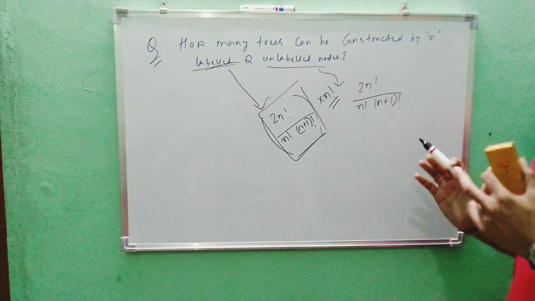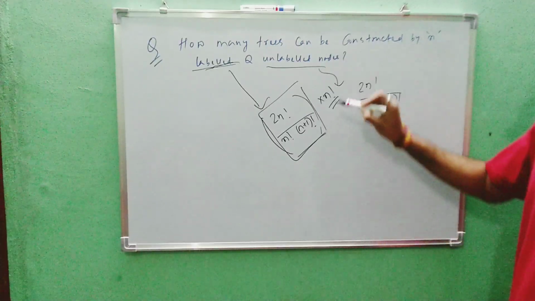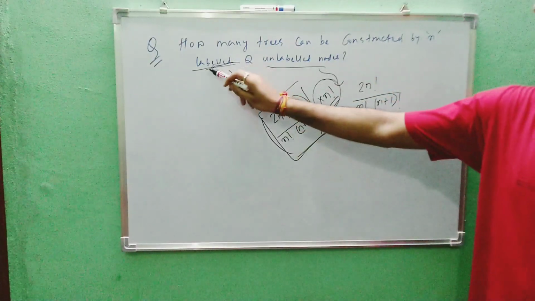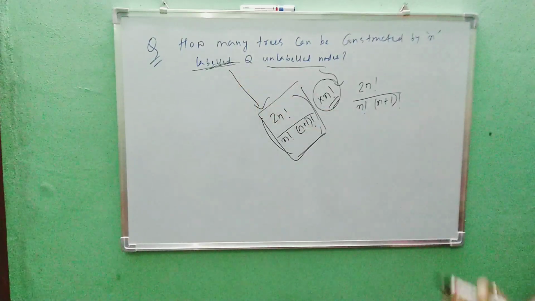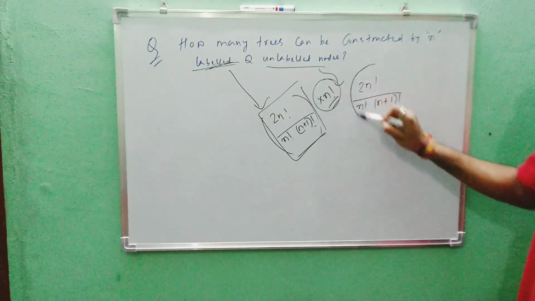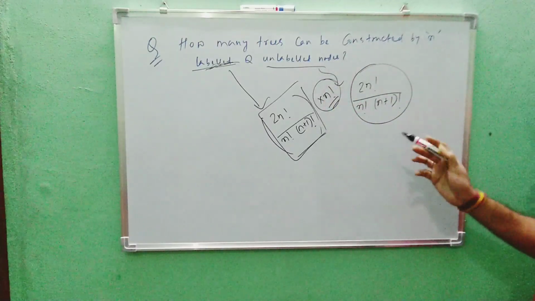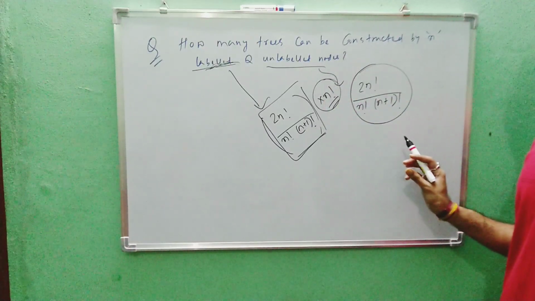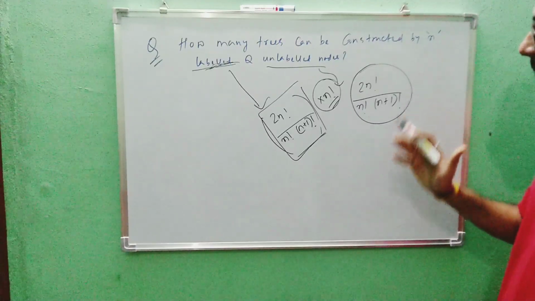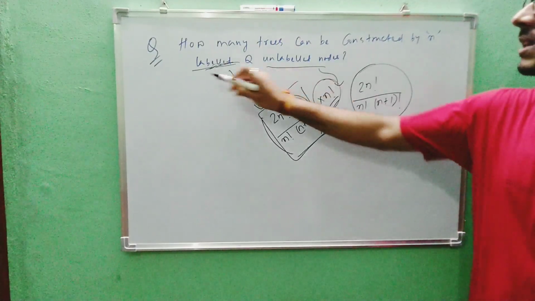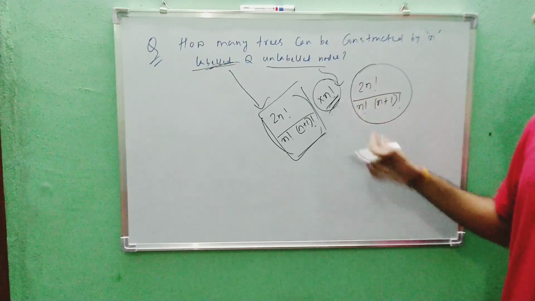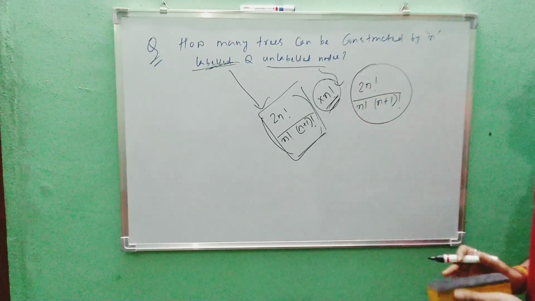Now pictorially we have understood why n factorial is multiplied here in case of labeled nodes. We understood it, right? Because as many combinations as are possible with the unlabeled nodes, on each and every combination we can again have a permutation among those nodes when they become labeled. So that's why n factorial. Is it clear? Now we will see the derivation actually.